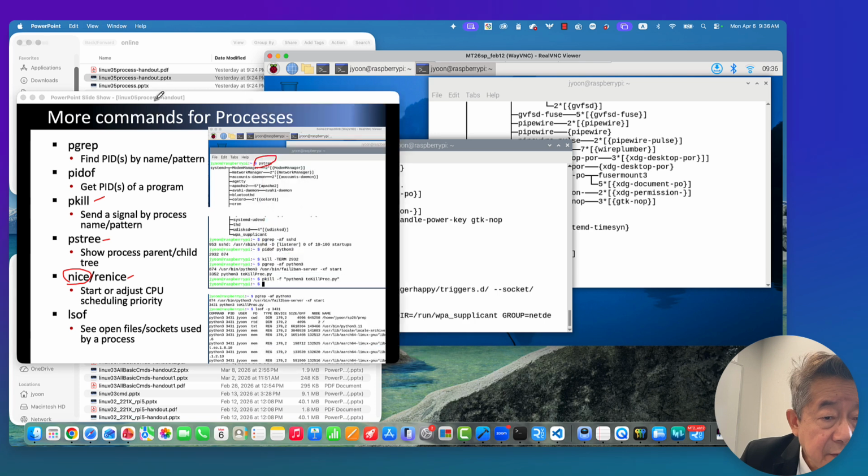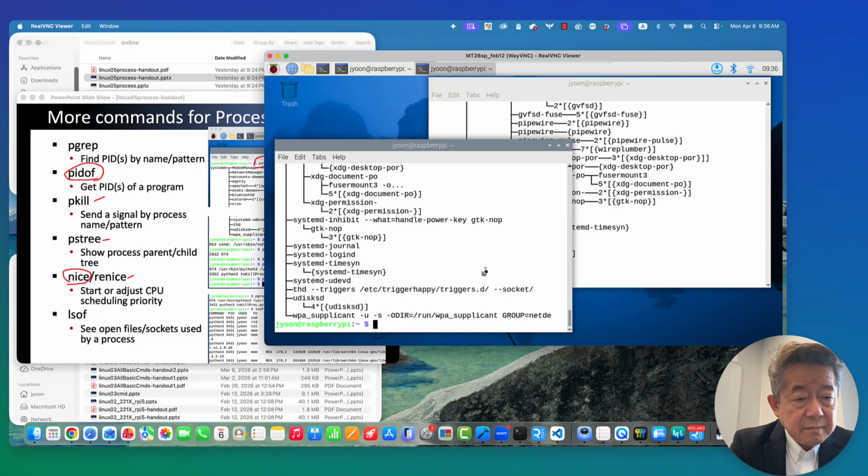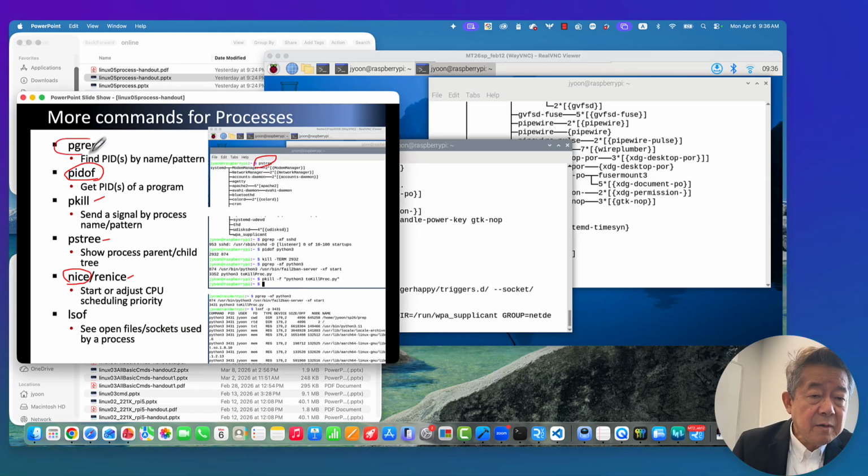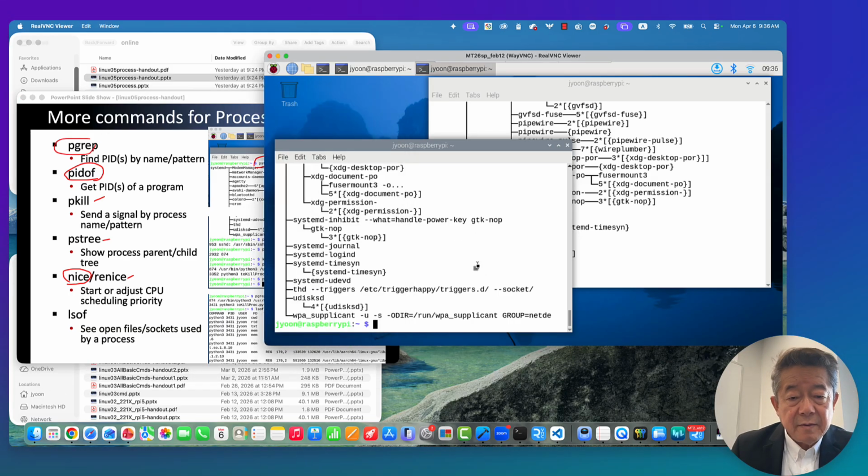PID of, this is another good command that you can get. For example, find the pgrep, and they are very similar. Pgrep or PID of. If we want to see, for example,